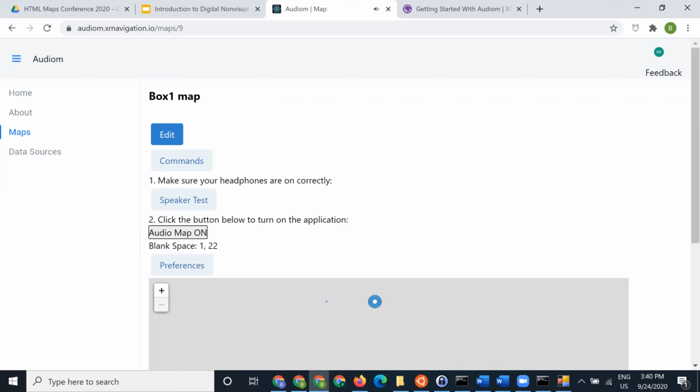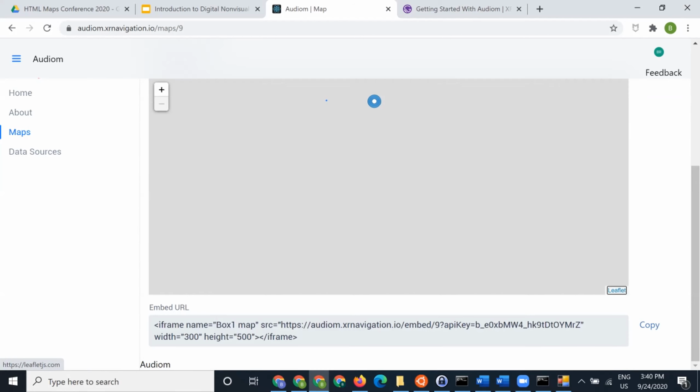You can see that there's all the different information about the geometries there, which is really cool. And there's the visual view down below. I don't know if you guys can see it. I can't see it, but I know it's there. And I think there should be a green dot that shows where your character, your listener, is on the audio map. So, anyways, that's basically how you create the audio maps in Audiom,